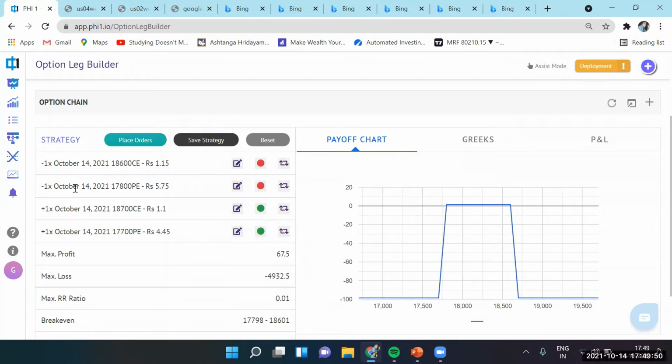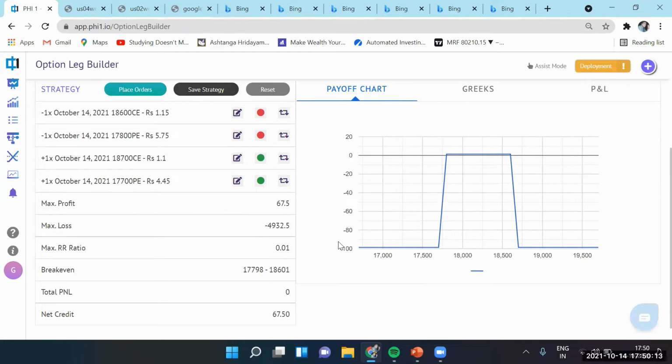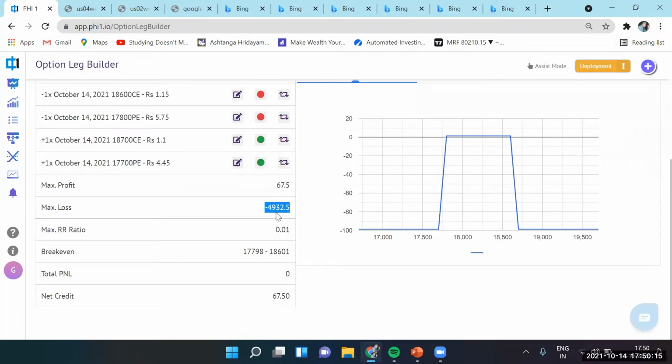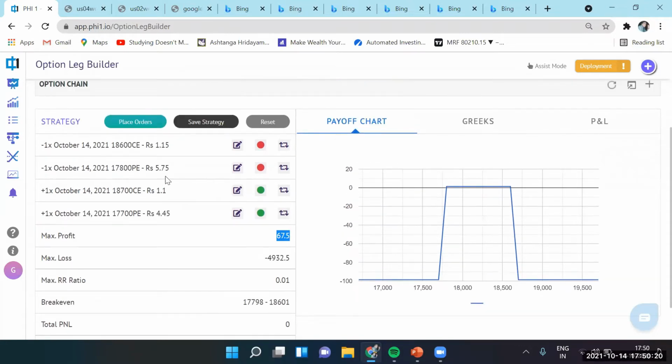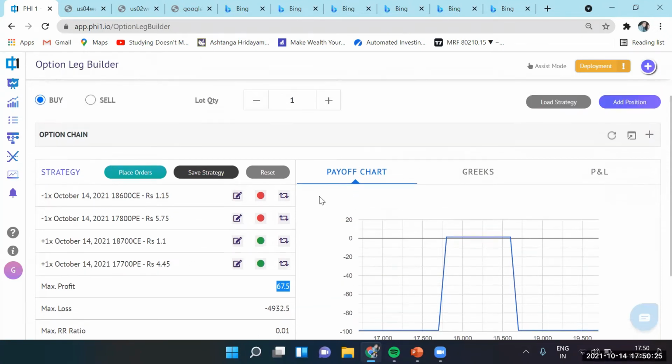You are selling, again, our reference in this case is 18200. So we are selling slightly away from the ATM. We are selling two options, call and put, and we are buying it further out to cover our exposure, to make our exposure bound. We don't have open-ended losses in this case. As you were seeing in the previous case, our max loss is confined now. Of course, our profit is also very limited because we are selling very cheap options.